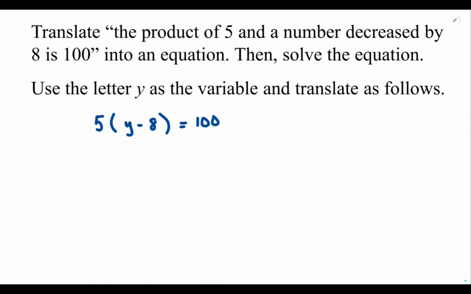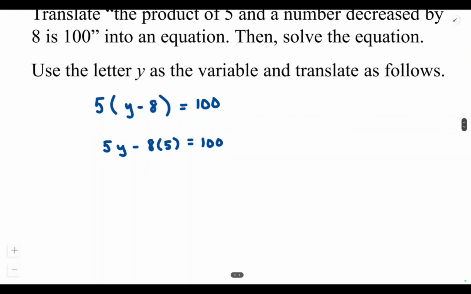So now we're going to solve this out. There are different ways you can solve this, but I'm going to take you around this route. The first thing we're going to do is multiply inside of the parentheses. So when I say multiply, we're going to distribute that 5 and multiply times y, and then times what? 8. So we have 5 times y minus 8 times 5. I understand I could have gone ahead and multiplied that, but we're showing what we did. So I have 5y minus what? 40